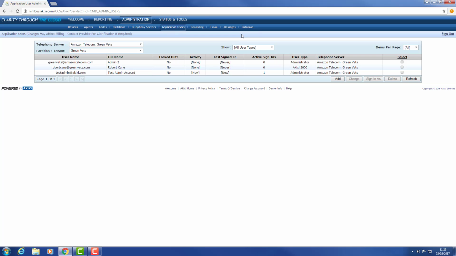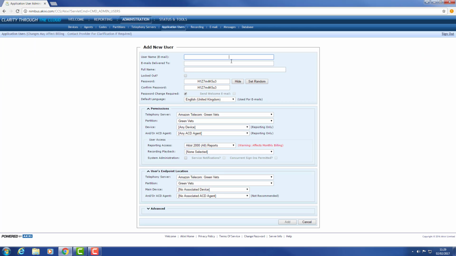Creating a supervisor account is very similar to creating an additional admin account. Ensure you've selected application users and ensure that the telephony server and partition that is required are selected. Click Add. Enter a valid username in the username box. For the supervisor, it is acceptable to use the supervisor's email address. For this example, let's use John Smith